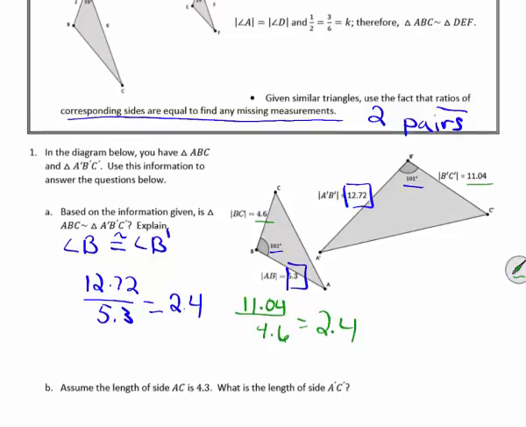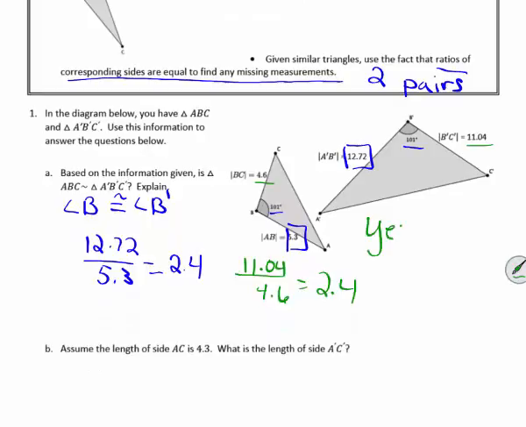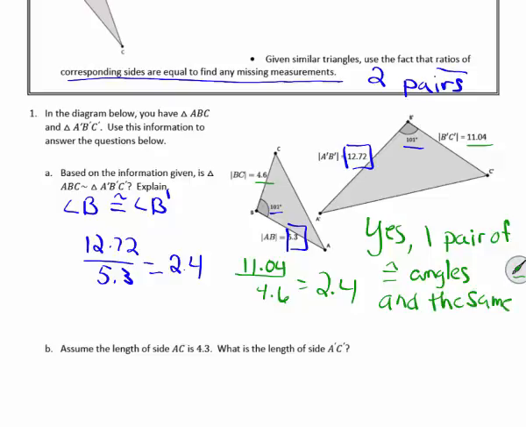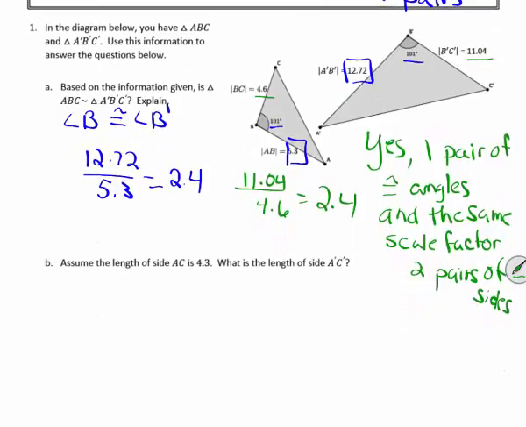So are they similar? Yes. I have one pair of congruent angles and the same scale factor for two pairs of sides. I definitely did not leave myself enough room. Sorry about that. All right, now that we've shown that they are similar, now I can use the